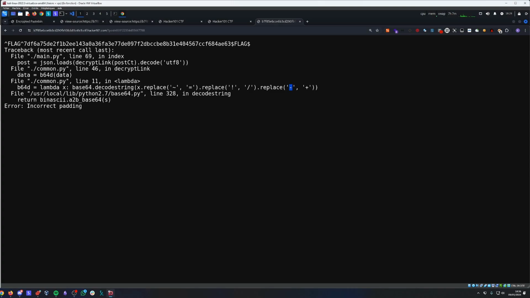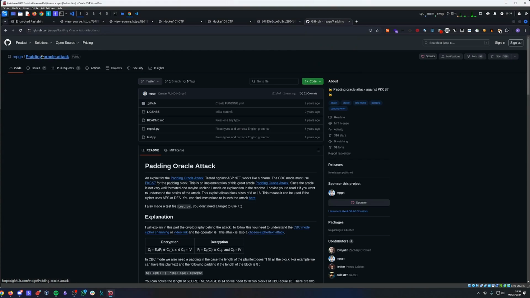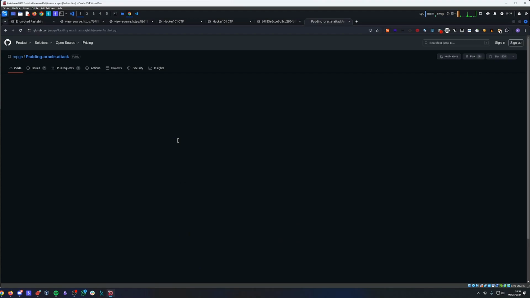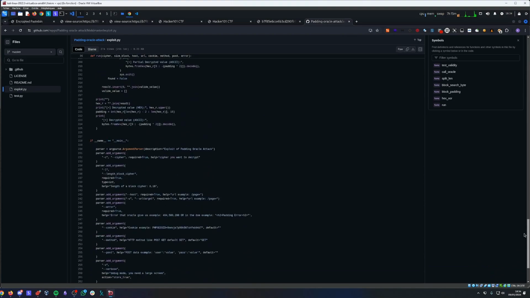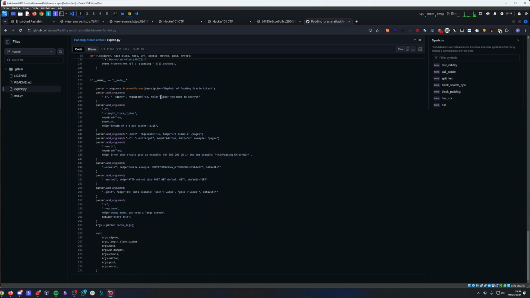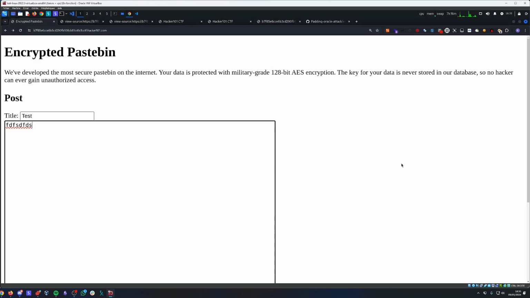And the identifier is basically base64 encoded. So what can we do with all of that? After a quick search on the internet, I ended up choosing one of many different exploit scripts for the padding oracle, and I'm basically pulling that one, which has an exploit. And what needs to be done with this exploit is, if you scroll down, the usage: you have to provide the cipher, which in our case is going to be